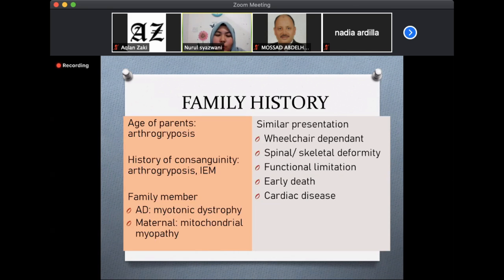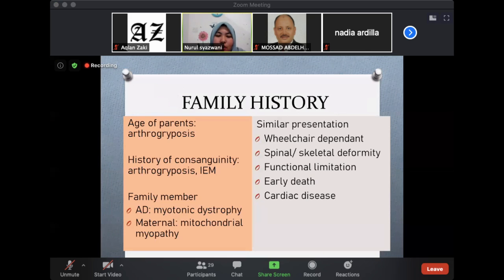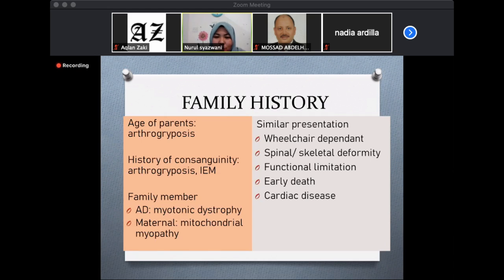So it will suggest they will have arthrogryposis, and also history of consanguinity. So arthrogryposis or inborn error of metabolism, and family members may have myotonic dystrophy. For similar presentation, we need to ask about wheelchair dependence, spinal or skeletal deformity, functional limitation, early death or